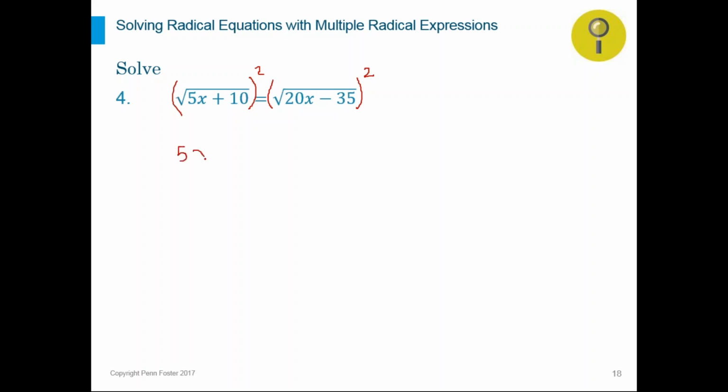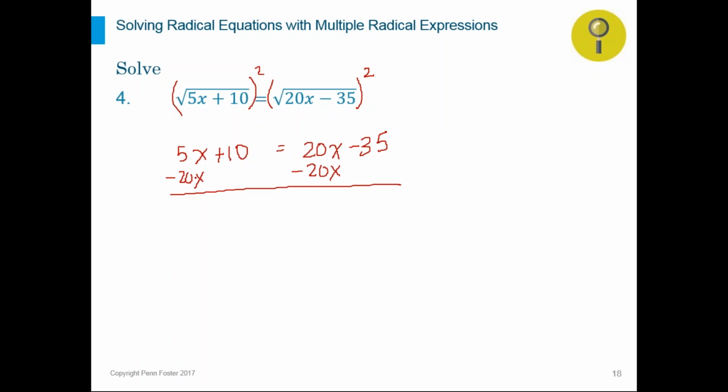So that would be 5x plus 10 equals to 20x minus 35. We don't have any radicals here, only x's. So that's a regular equation. We just have to rearrange the equation and end up with x equals to a value. Bring the 20x over to that side so it's beside the 5x and see how we can combine them. So minus 20x and minus 20x equals to